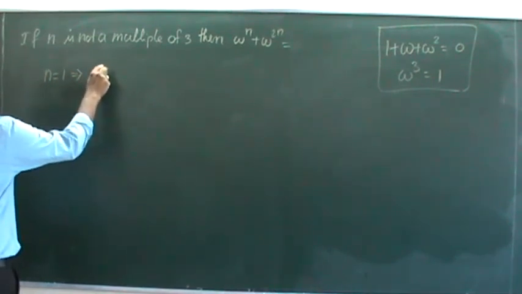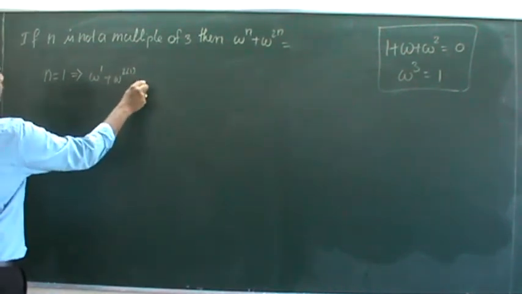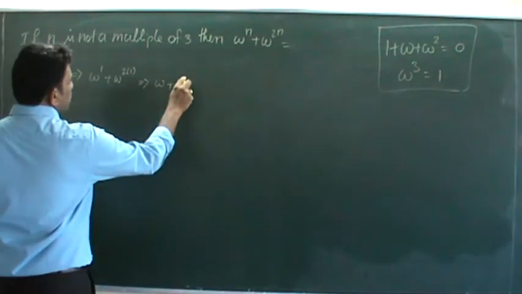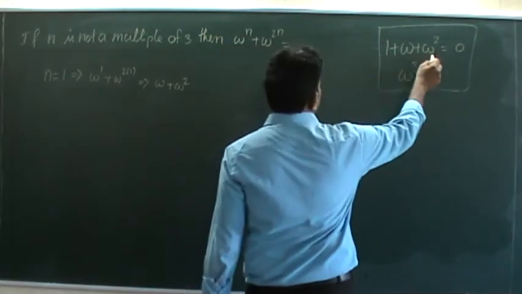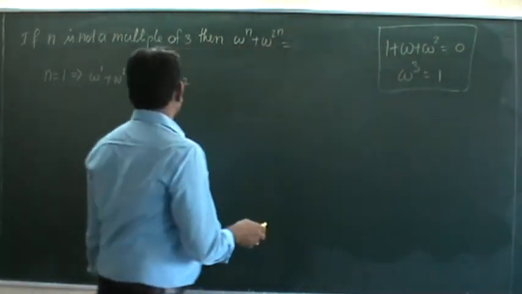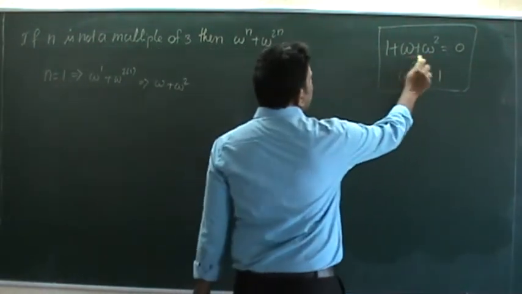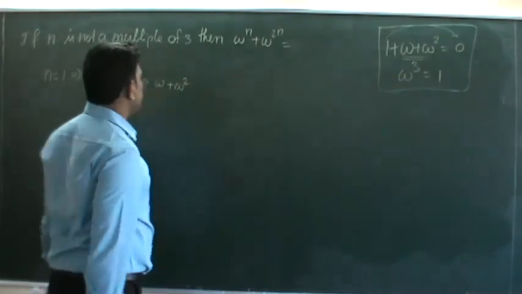Then if you substitute ω^3 = 1 into the expression, what is the answer? Omega power 1 means 1. Next one is omega square. Now we have this condition: 1 plus omega plus omega square equal to 0. Now we need omega plus omega square, which means this value I want. Set this plus 1, that's why it is converted as minus 1.